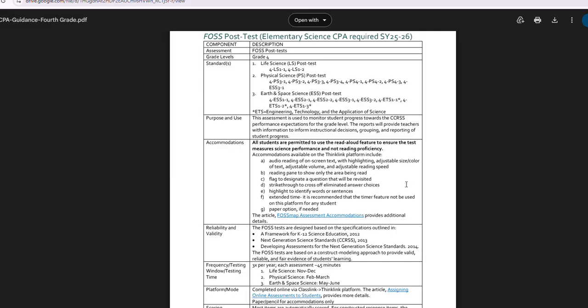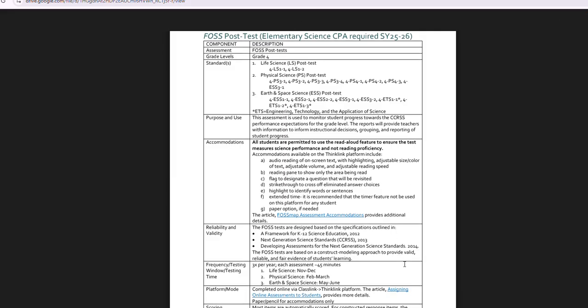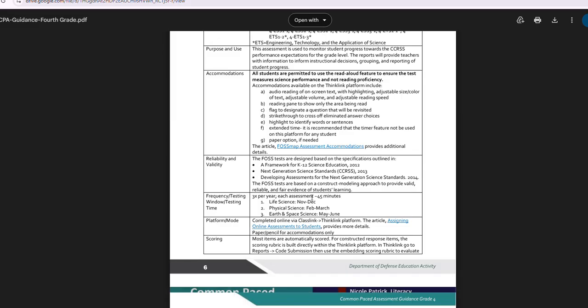information about accommodations, the science testing window. As you know, we start out with life science from the beginning of the year to approximately around Halloween. Once you finished around Halloween, then you would give the life science post-test, with that window being November to December. Then you would begin the physical science, and that window for testing you should finish around Valentine's Day is February to March. And then once you finish that, you would start Earth and Space Science with a testing window of